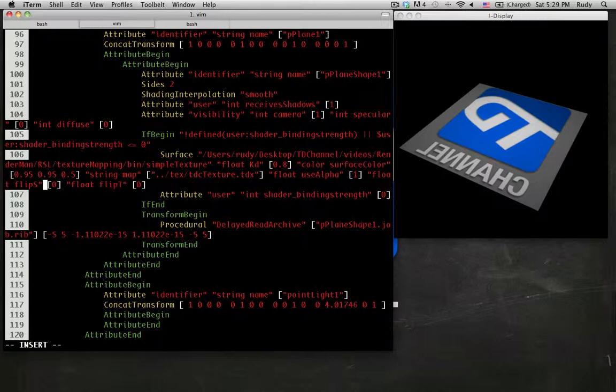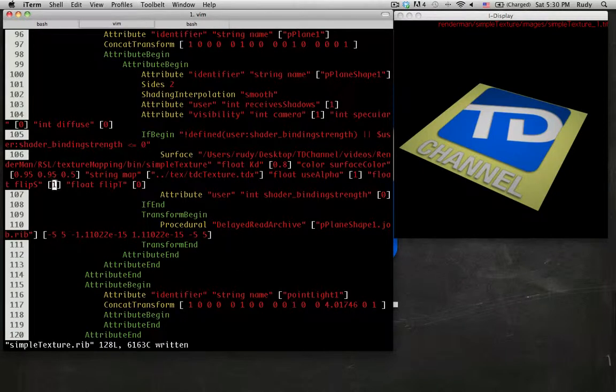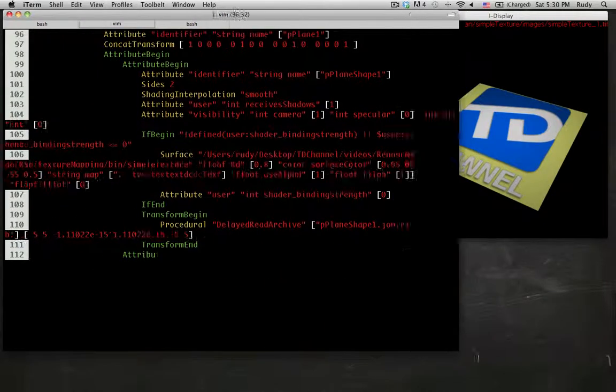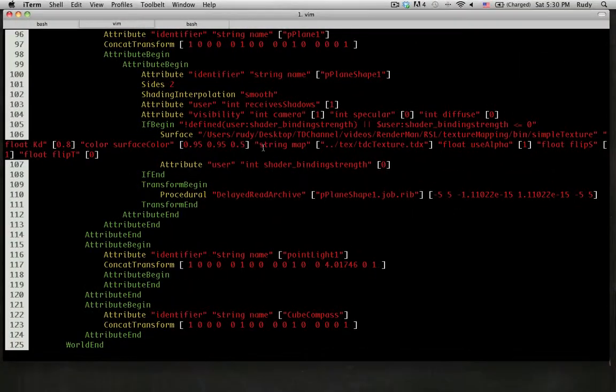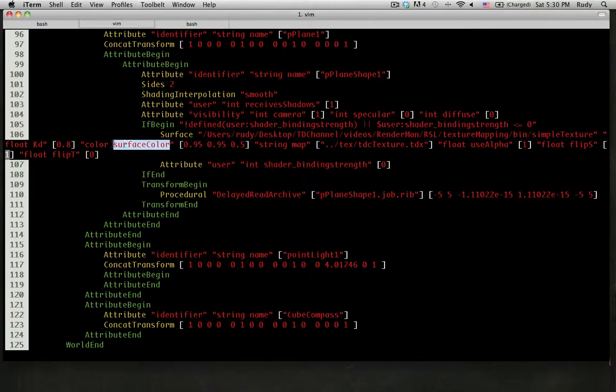And I can see that it's flipped on the S, I'm sorry. So I'm going to go over here and find my flip S parameter and give it a value of 1. So once I save that, I can re-render, and now you see the background became a little bit more yellow and it flipped the texture. So this is something that we covered in our first RenderMan video. To be able to modify the look of my shader at render time, basically what you do is you make your surface call, with this, and then after that, any parameter you want to change, you go ahead and you do it by first typing these two words,